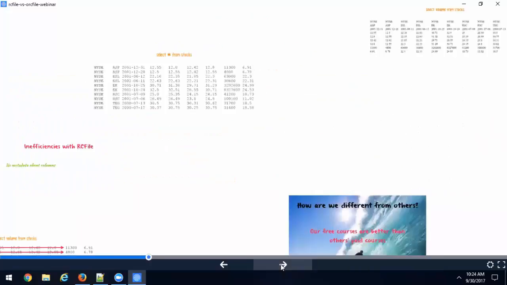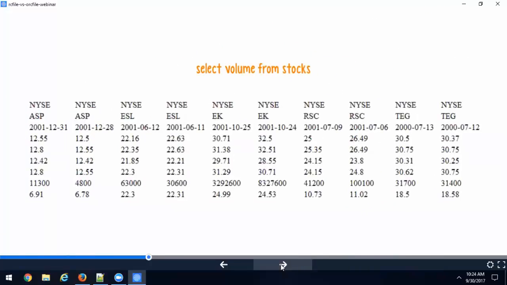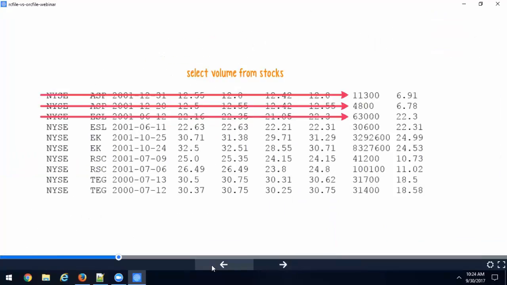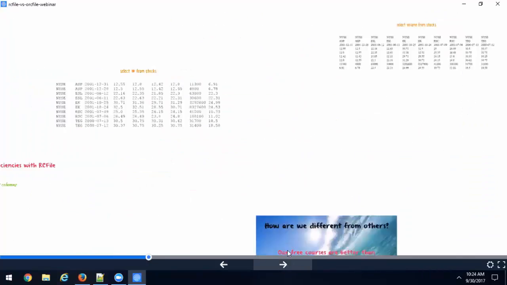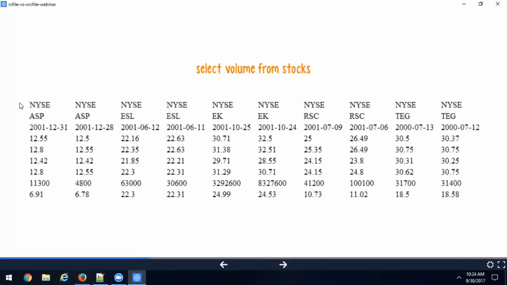Okay? So now visualize this. This is storing everything in a columnar way, meaning column 1 from all records are stored together. Okay, the same data set, the same data. We're looking at the same data, guys, right? But it is stored in columnar fashion, right? So column 1 values from all rows are stored together. Column 2, that is the symbol column, is stored together. The date column is stored together. And imagine this is how it is stored on the disk, okay? This is how it is stored on the disk.